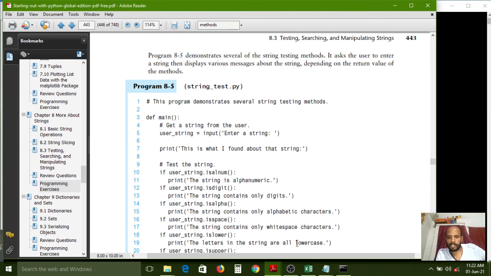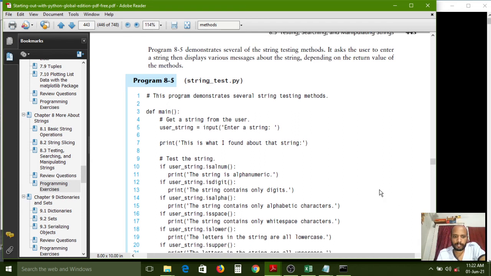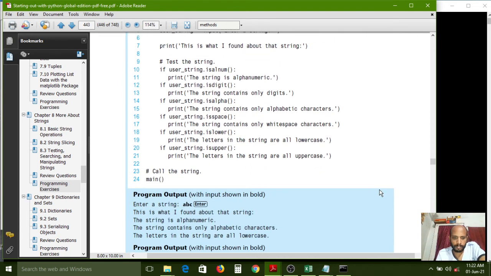This is what I found about the string. The string is alphanumeric. ABC. The string is alphanumeric. ABC is also alphanumeric. The string contains only alphabetic letters. And it's alpha.